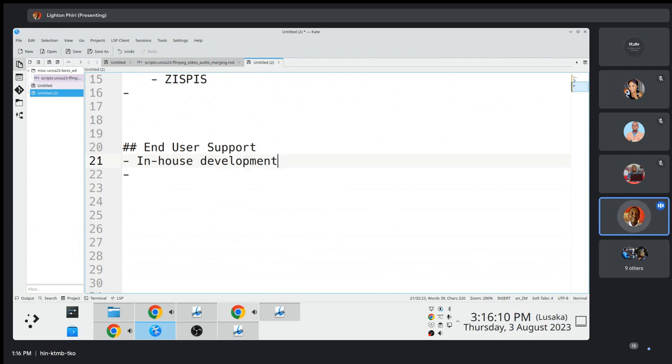So UNZA does this. UNZA has a directorate called CICT. Within CICT, there's a unit or a department called systems development. They develop software. They are paid to develop software. The other option is you contract people to do that. This is usually the most common option because it's expensive for you to hire people whose sole purpose is, they're on permanent and pensionable positions, but their role is to develop software.